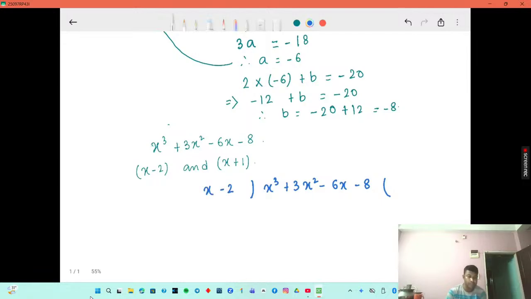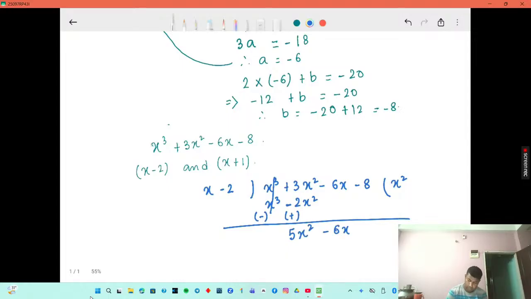So when we divide this equation with x minus 2, we get x squared, so x cubed minus 2x squared. Here it will be minus and here it will be plus. So 5x squared minus 6x. So plus 5x, that is it will come 5x squared minus 10x. Here it will be minus and here it will be plus. So cut